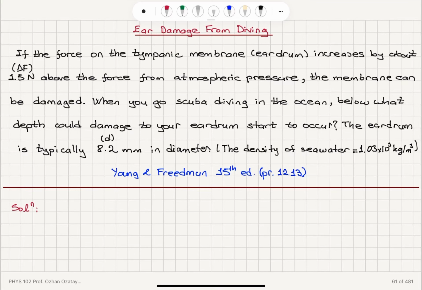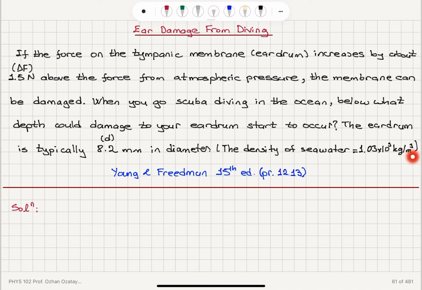Ear damage from diving. If the force on the tympanic membrane, the eardrum, increases by about ΔF of 1.5 newtons above the force from atmospheric pressure, the membrane can be damaged. When you go scuba diving in the ocean, below what depth could damage to your eardrum start to occur? The eardrum is typically D equal to 8.2 millimeters in diameter, and the density of seawater is 1.03 × 10^3